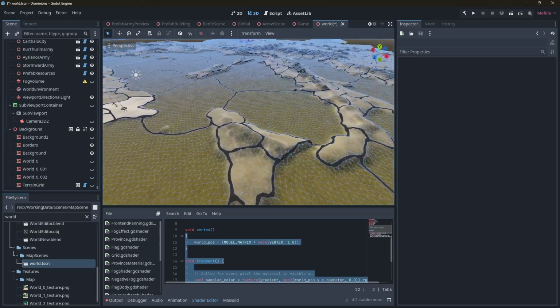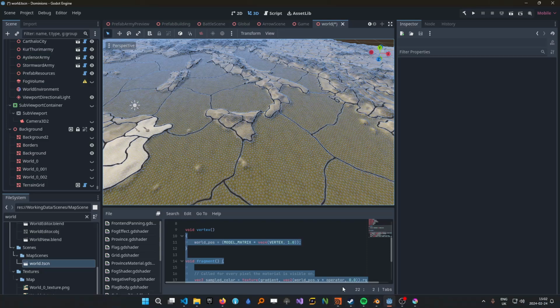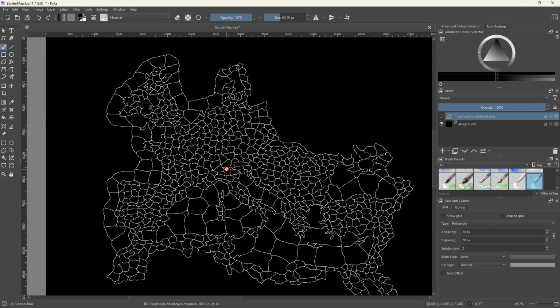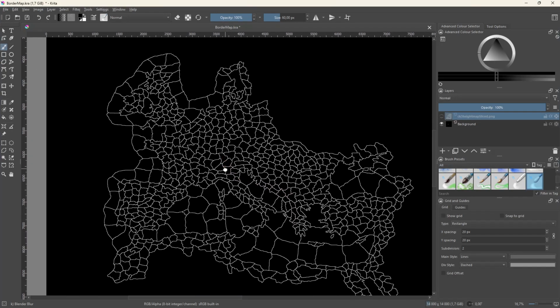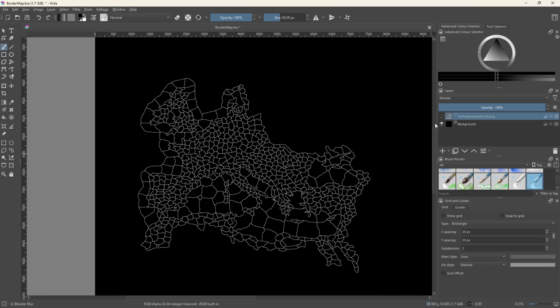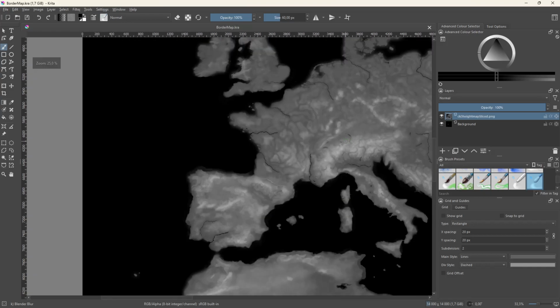How do you actually generate this mesh? You generate this mesh in Houdini, and let's just start from the very beginning. So as I showed you in my previous video on how to make 2D maps, you start with a basic texture, a black and white texture with the provinces. Now I've just added a height map texture,